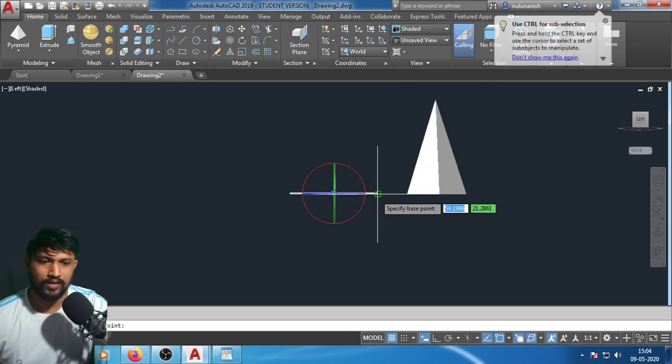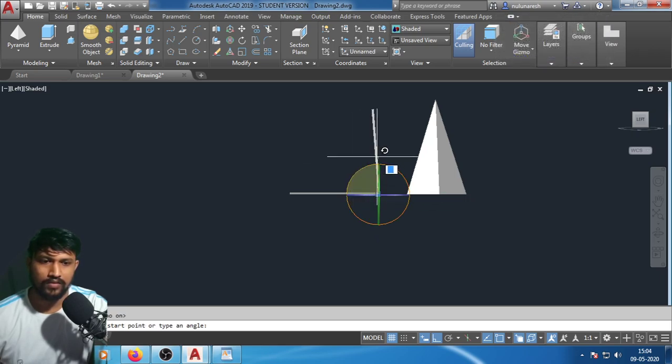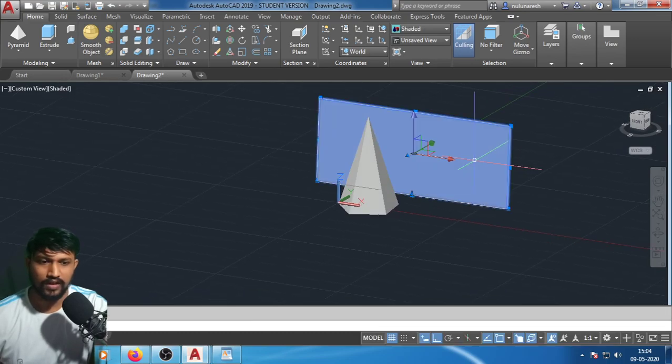I just want to rotate this one about this point, keeping the orthogonal mode on. So if you assume this one as a vertical plane,